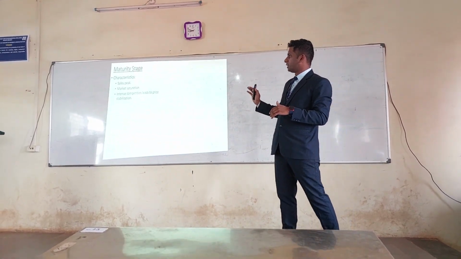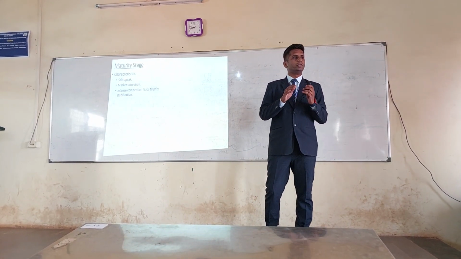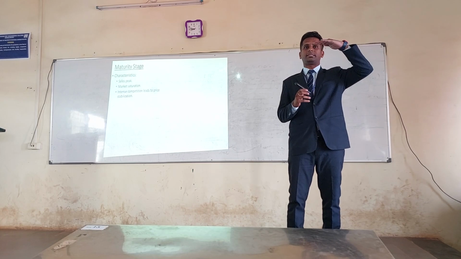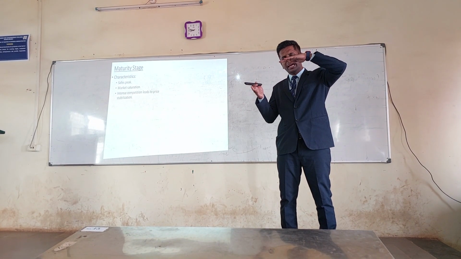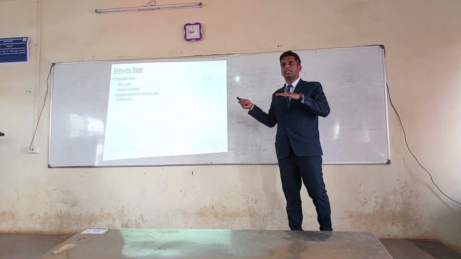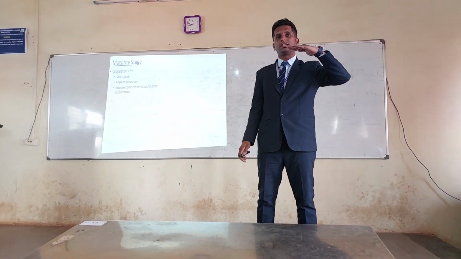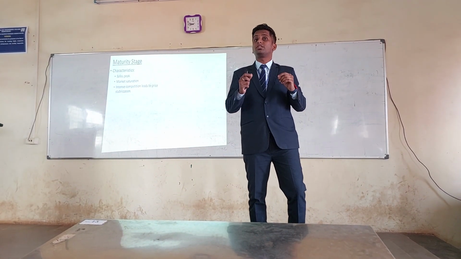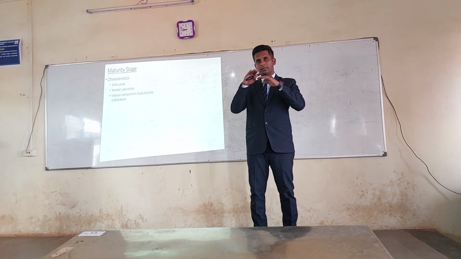Next, we'll go to the maturity stage. Maturity stage is where you are at the end. You are at a constant, no decline. I mean, neither the end of the product nor the growth of the product. So in the maturity stage, sales will be at their peak. It will be rising constantly. Cost will be neither high nor low. It will be minimal, at the middle.